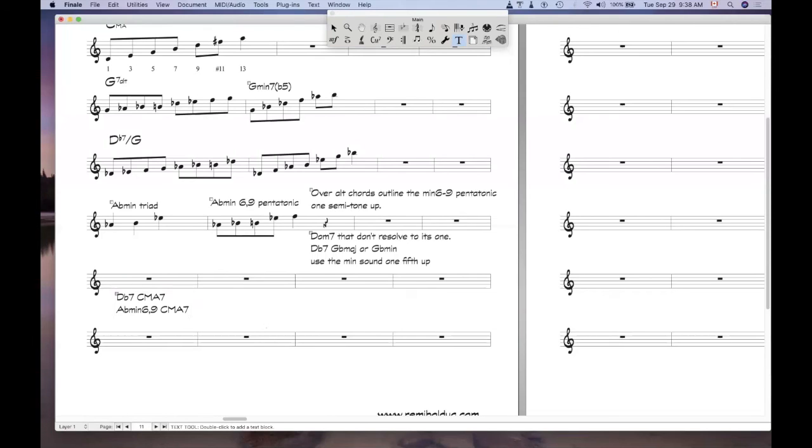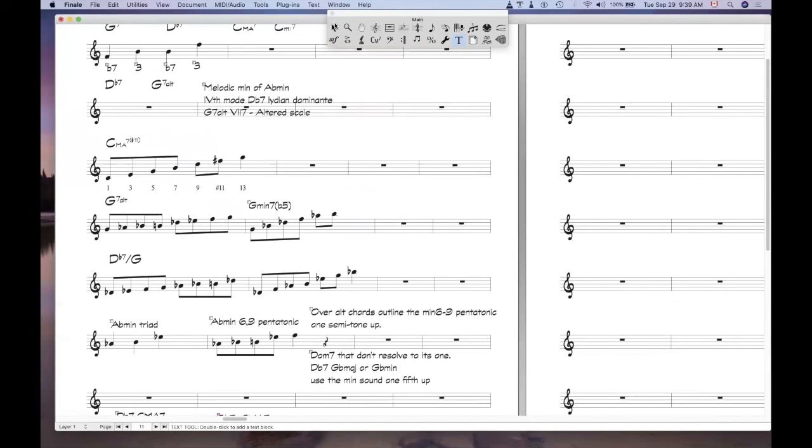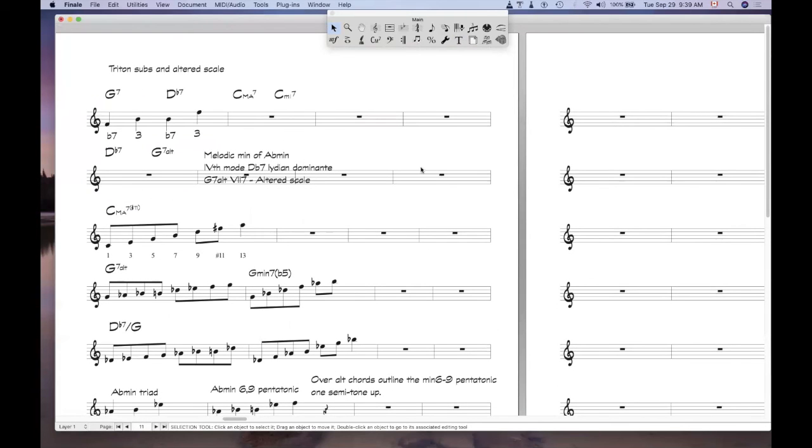That would work in different contexts. If I have like a B flat 7 resolving to C major, often I'll use F minor, again a 5th up, 6-9, over that sound. When it resolves to another chord, then it's 1. The 1 of the B flat, in this case, would have been E flat, so now we are resolving to C. So this generates a lot of melodic material, you know, that I can use when I see an altered chord or a Triton sub. So in other words, it's when you play an altered